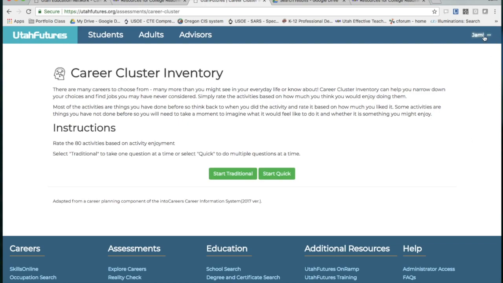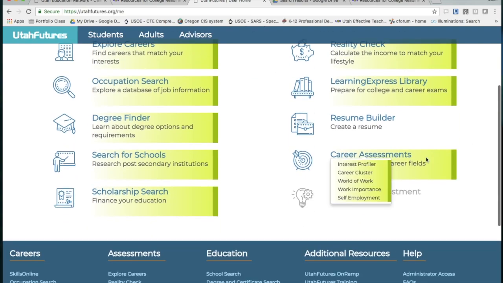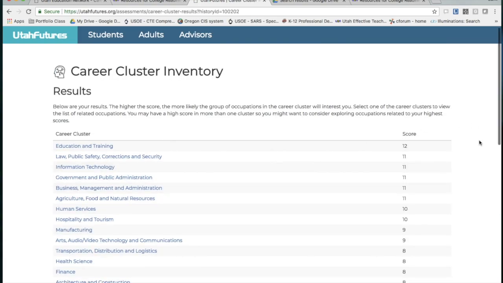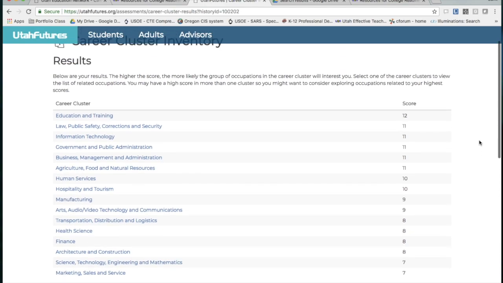So to view those, I'm just going to click on my name again and go to the dashboard, and I can view my results real quick. Your results will just come right up when you're done taking the exam, but I don't want to spend the time to take all of it. So here are my results from the career cluster inventory,